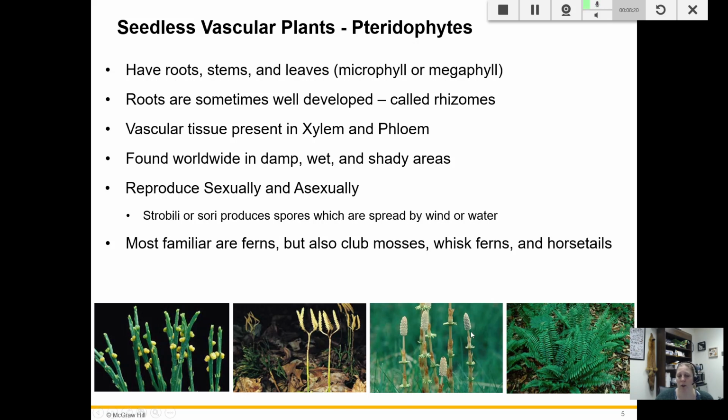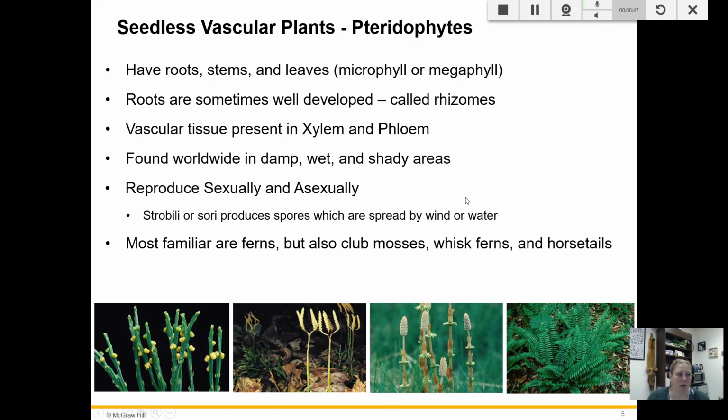My personal favorite are horsetails. I love horsetails. They're called equisetum. They're a hollow tube, very popular in marshland kind of environments. We do sometimes have some out here outside of the science building, but if you ever go down towards Wilmington, there's a nursery. Their whole pond is just surrounded by horsetails, and they are beautiful. I love them. And then obviously ferns.